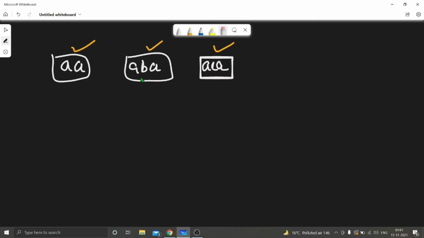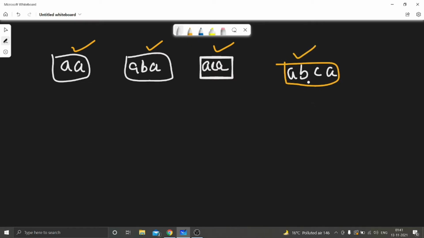So AA is working, ABA is working, ACA is working. Now what we can think is, after taking A and then B, we increased the number of A by writing A. But if I don't increase the number of A and I take another character, let's say I take C, now the number of A is 1, number of B is 1, number of C is also 1. But we want the number of A more than the number of B and C. So let's take another A also. Of course this string satisfies the condition.